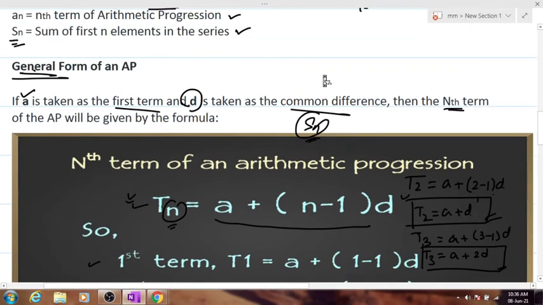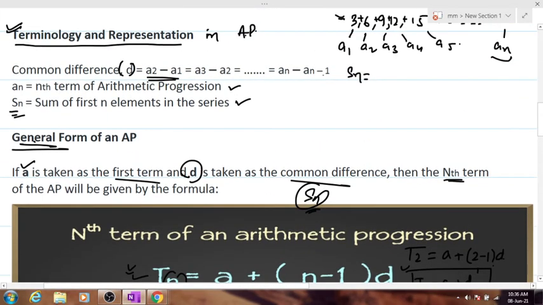Or else you can take a small example here. See, supposing we take a series 2, 4, 6, 8 and 10. We know this is an AP and somehow we have to calculate a general term. We'll term the first term as A and the common difference as d. So we simply see, if we term the first term as A, the common difference here is how much? 2. Here it's 2. Here it's 2 again.